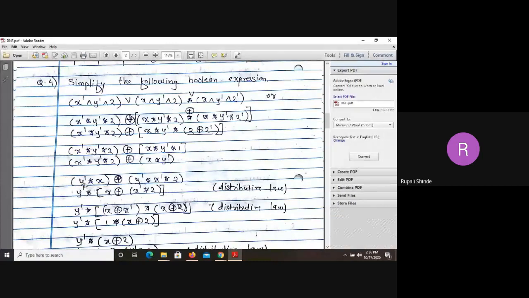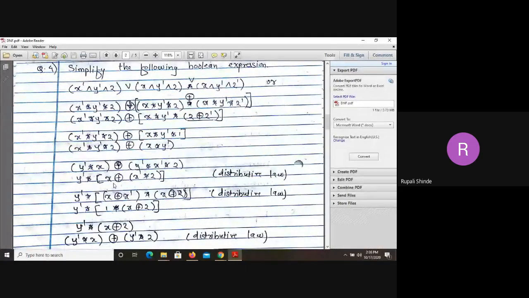So check here. What we have written here? Y's complement star x. This is our first term. XOR y's complement star x complement star z. Now look at these two terms. What is common? Y's complement is common. So that part we have taken outside. Y's complement star. Now from this first term, x is remaining, that we have written here. XOR from this second term, x complement star z is remaining, that we have written here. जो काही कॉमन पार्ट आहे तो आपण आउटसाइड मध्ये घेतला, ब्रॅकेटच्या आउटसाइडला.